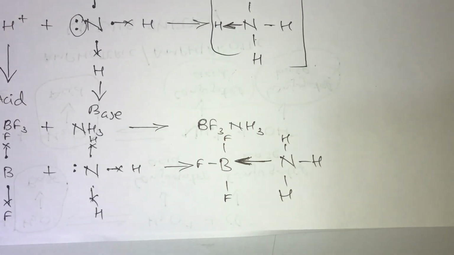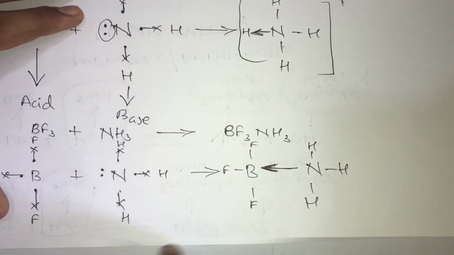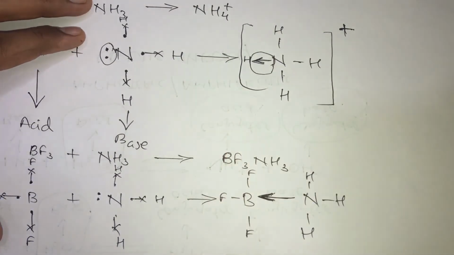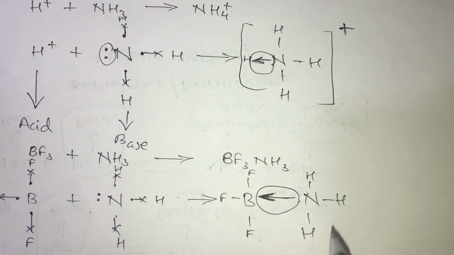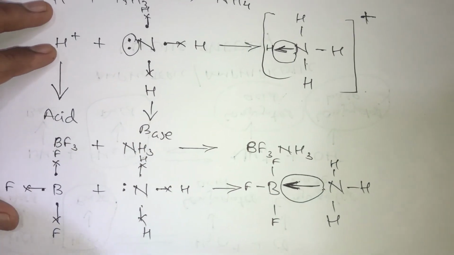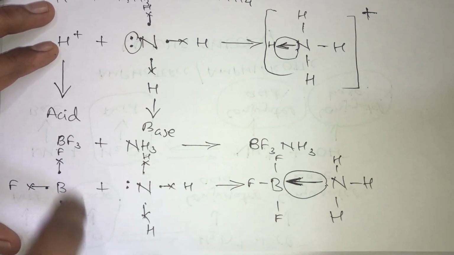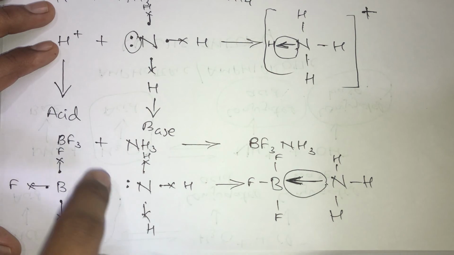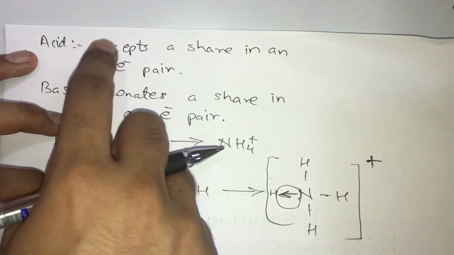So if you see, in both the cases there is involvement of a coordinate bond. And what is a coordinate bond? A coordinate bond is a bond where both the electrons are being shared by one compound. Okay, now here can I say that this BF3 is accepting a share in an electron pair, and one which accepts a share in an electron pair is nothing but your